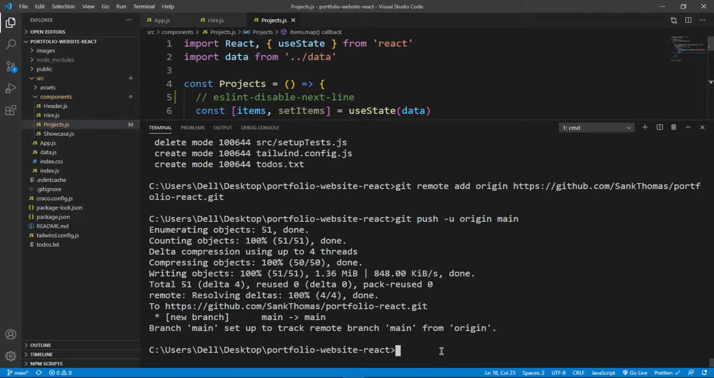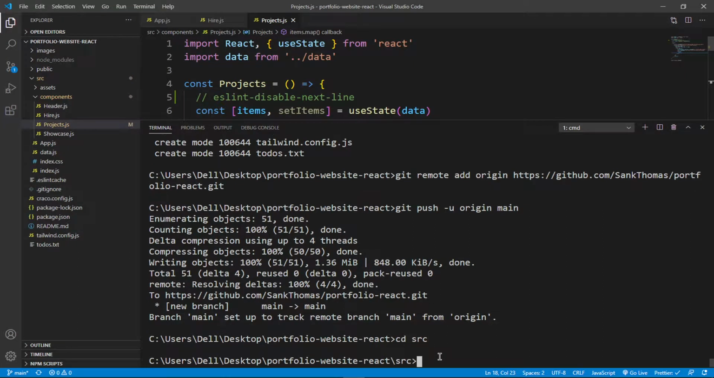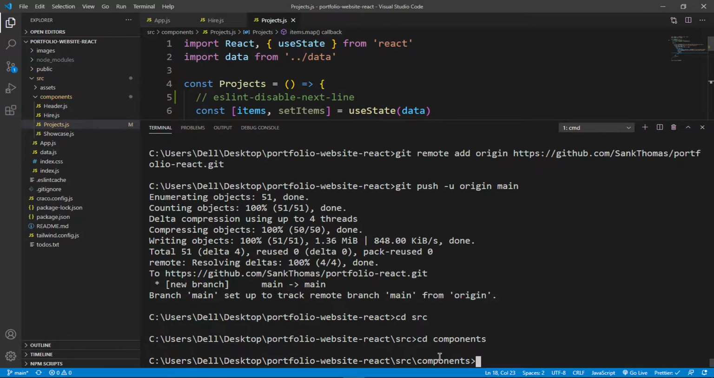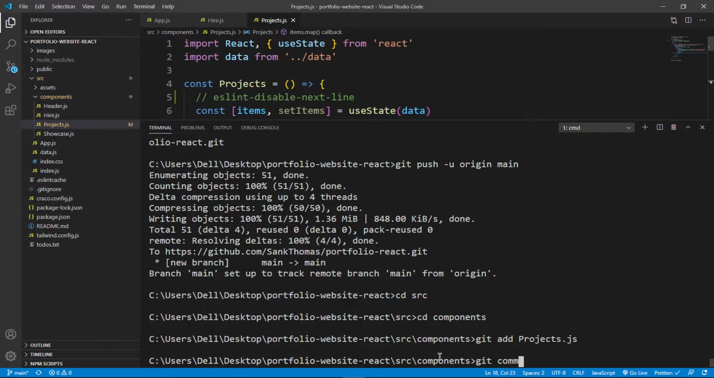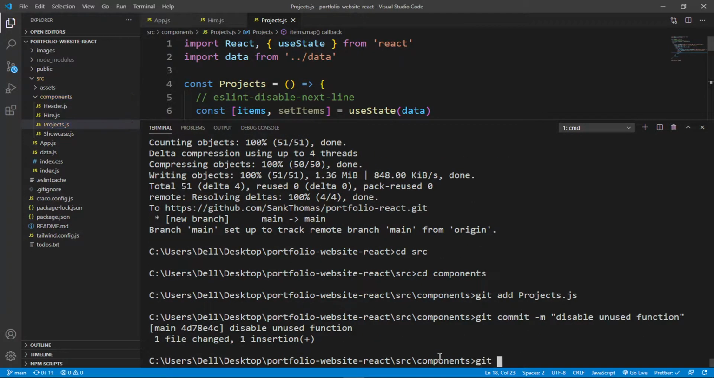So I'm just going to add this folder back to Git. So I'm going to say cd into my source folder like that. I'm going to say cd into my components folder, and say git add projects.js like that, git commit, and I'm going to say disable unused function. I can't type. Unused function like that. Then I'm going to say git push,